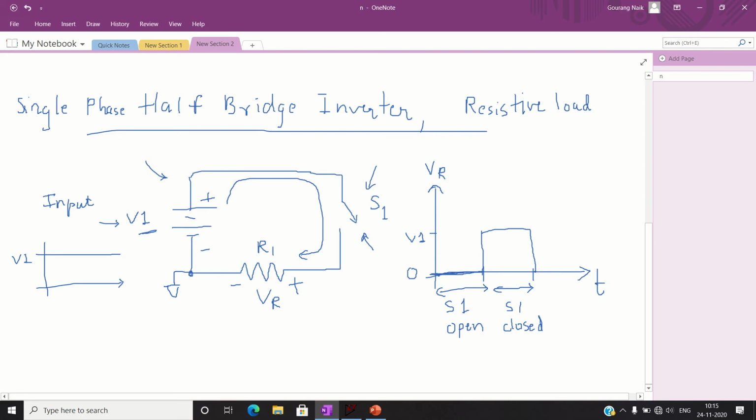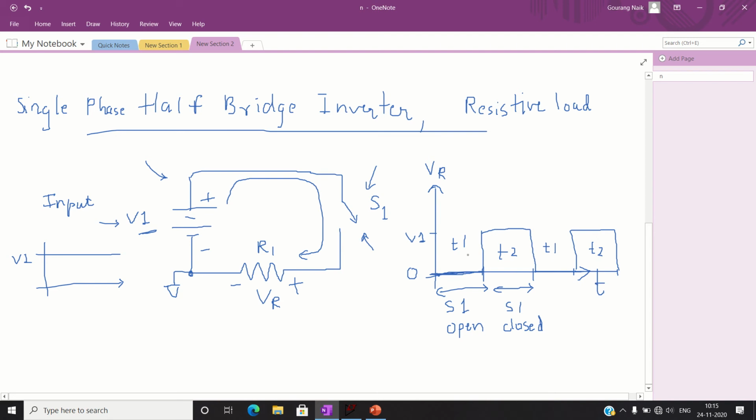Now this cycle you can repeat. Again you can open the switch, again you can close the switch. So you will get a waveform like this. What you can observe here is for the first, let us say t1 amount of time, I don't have any voltage across the resistance. Then for t2 I have a voltage. Then again for t1 I don't have a voltage. Again for t2 I have a voltage. And how am I deciding t1 and t2? By keeping my switch on and off, or open or closed.